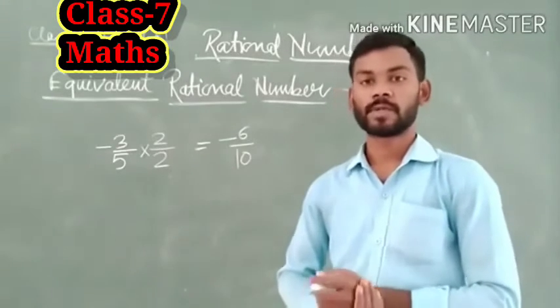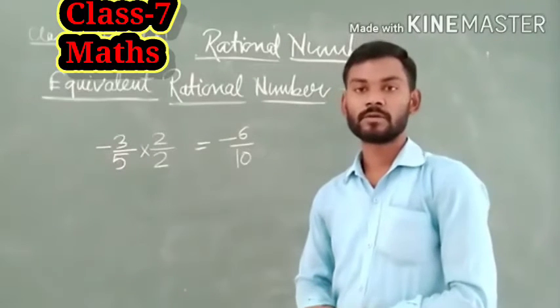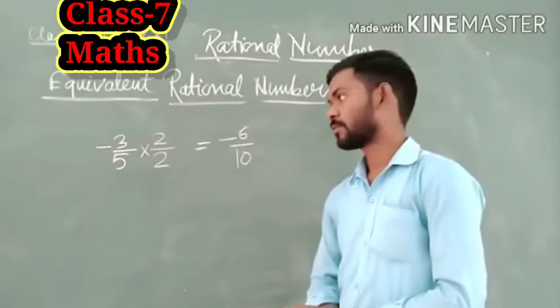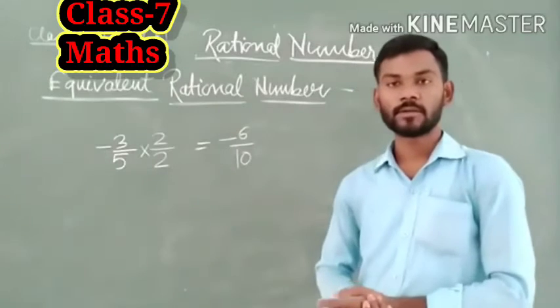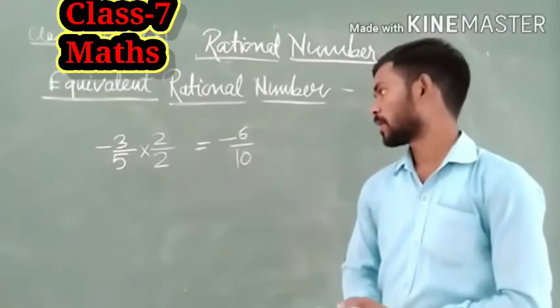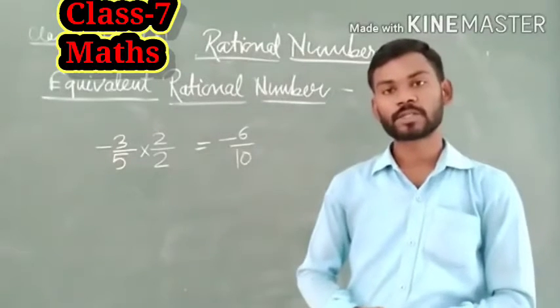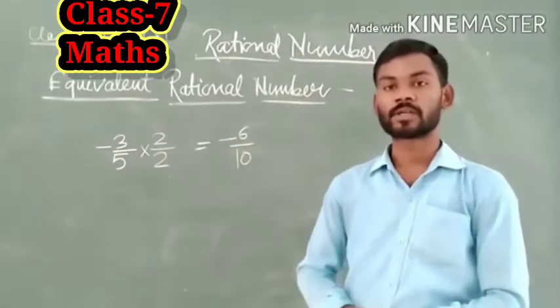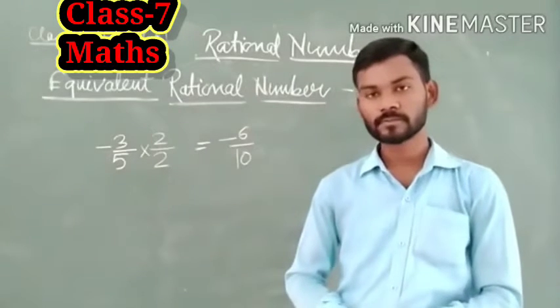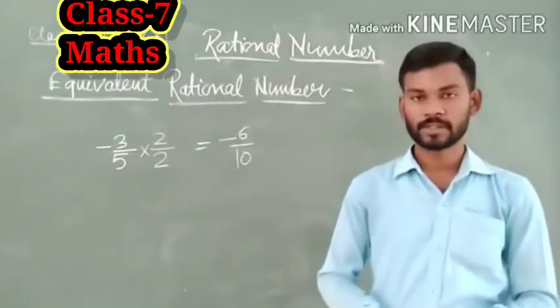The only difference is that in a rational number, whenever the rational number is given with a negative sign, it must be kept in mind that the number by which we multiply does not change the sign of the given rational number. Okay, so this is the equivalency of rational numbers.